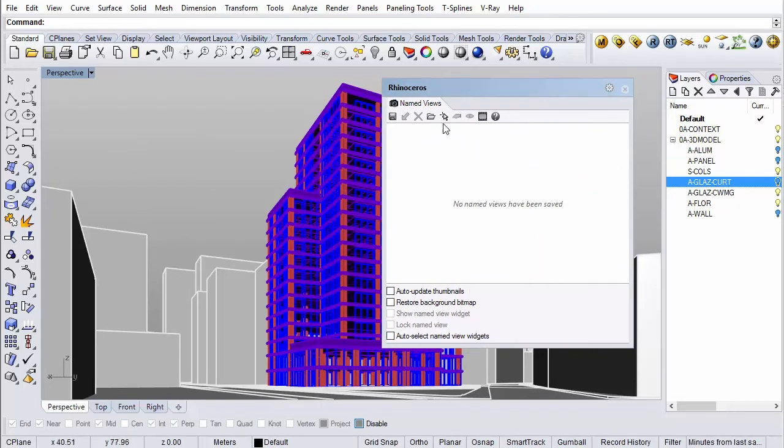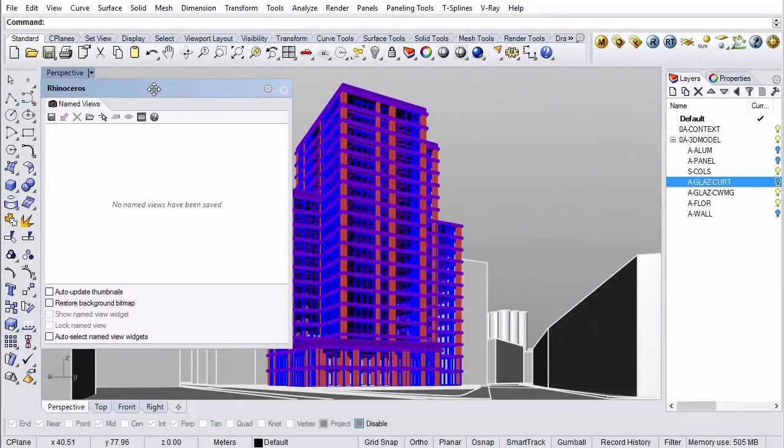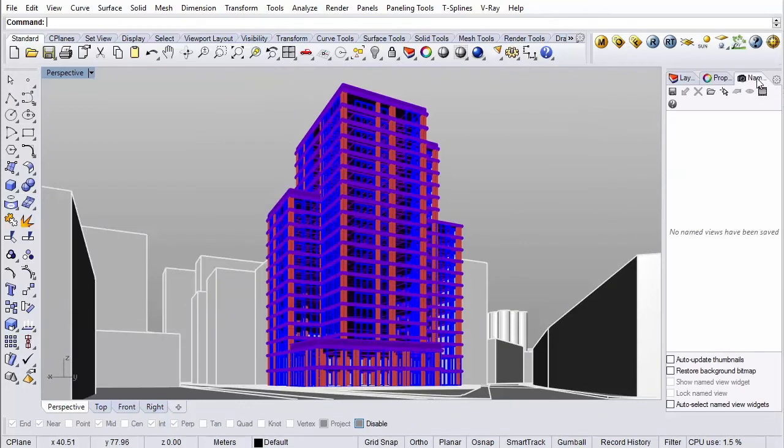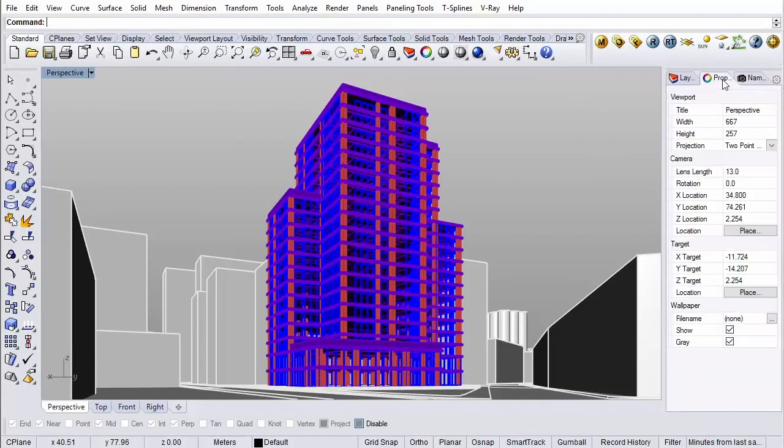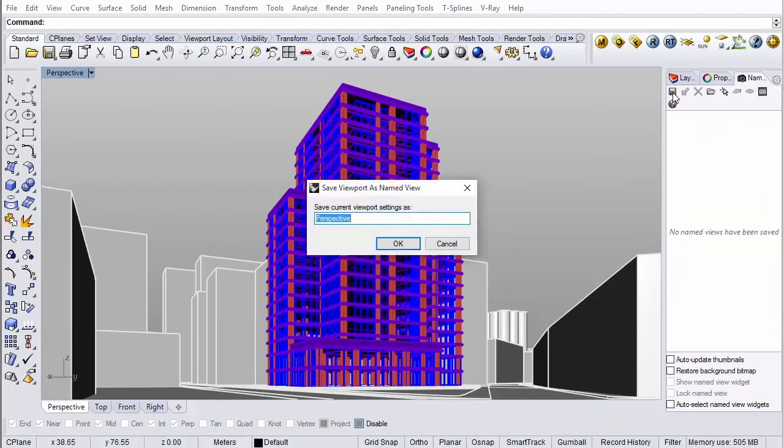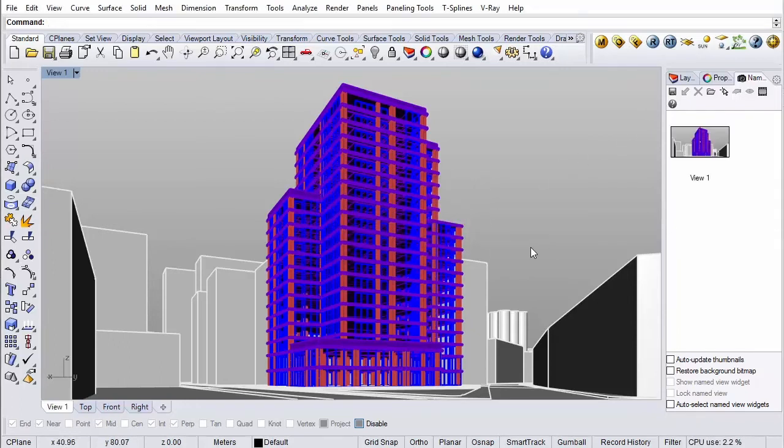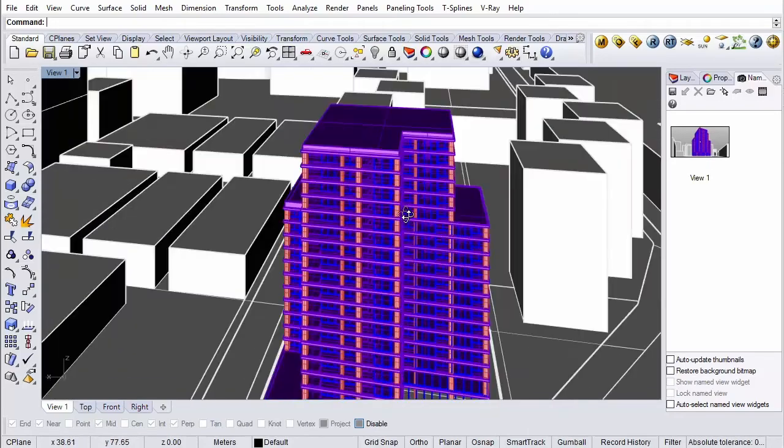It's actually really useful if you just take this tab and place it next to your properties and layers. So now whenever you want to save a view, you can just go to here, click Save As, View 1, and there it is. You can move anywhere you want, and whenever you double click this, you've come back.